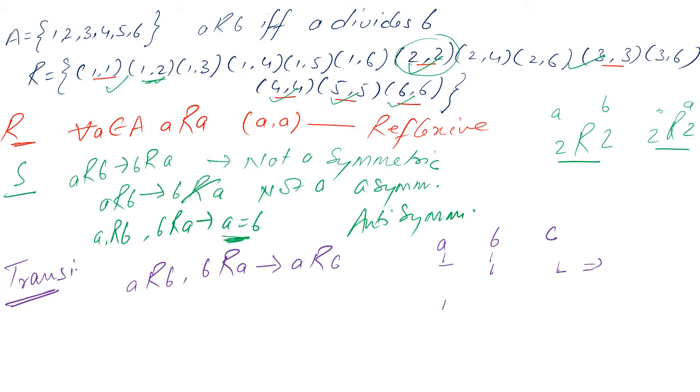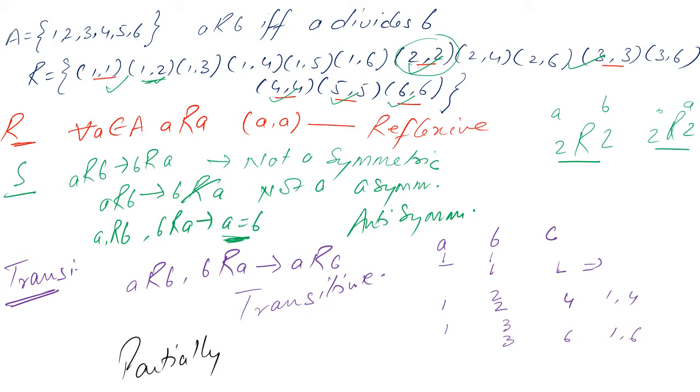Similarly, if 1 is related to 2 and 2 is related to 4, I already have a pair of 1 comma 4. Similarly, if I have 1 comma 3 and 3 comma 6, it gives me a pair of 1 comma 6, which is already present over there. So in this manner, you can verify that for every A related to B and B related to C, we have A related to C. So this is a transitive relation. So once a relation is reflexive, antisymmetric and transitive, we can say that this is a partially ordered relation,